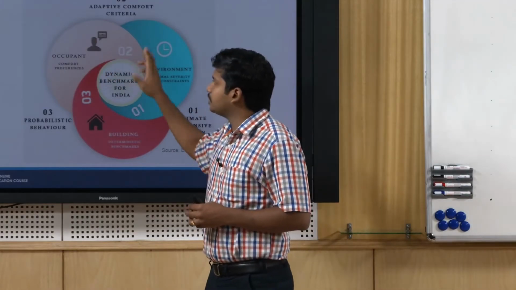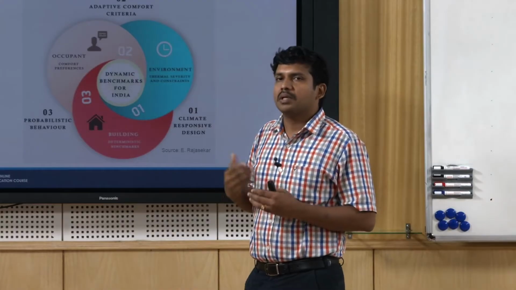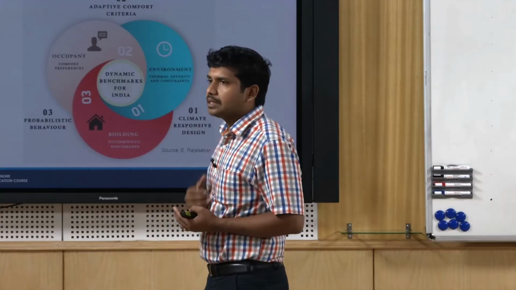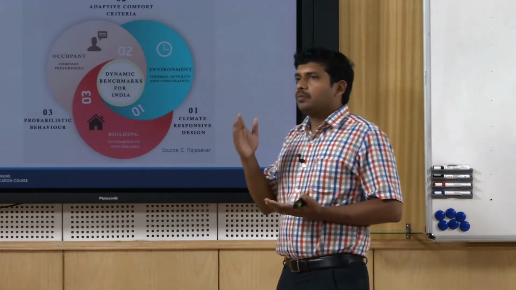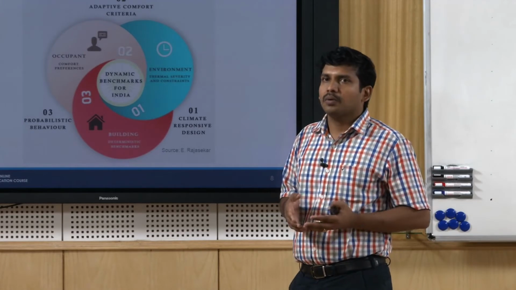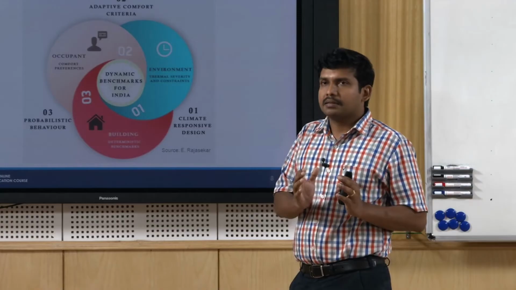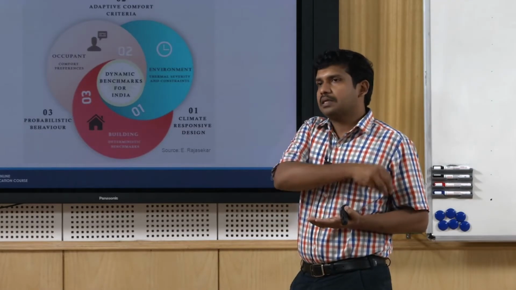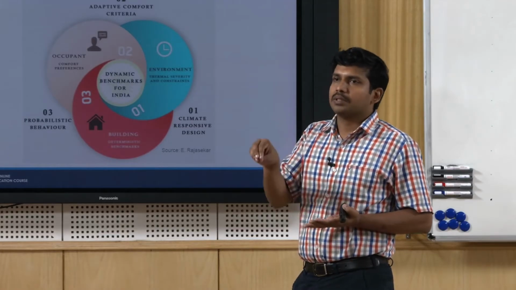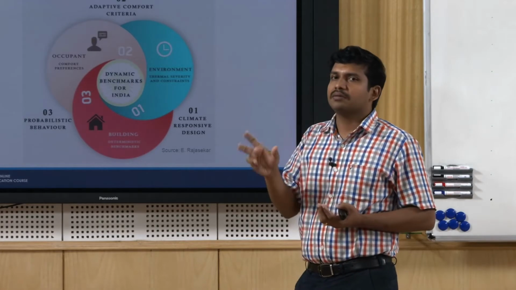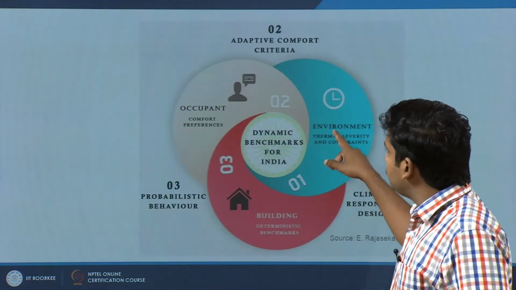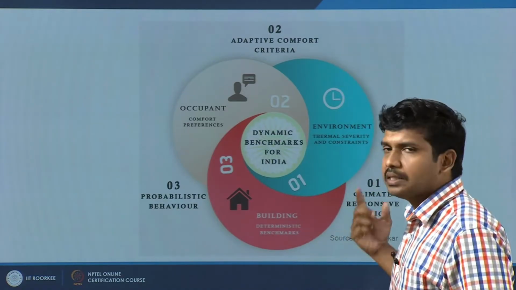Unlike this interaction, which is more probable, and eventually a matured phenomenon where it keeps changing from season to season. It is not like a long term prediction. I cannot say what I would be experiencing next summer compared to this summer. So if I have data that a person X has experienced the past 5 or 6 summers in this way, and his thermal experience was this, I may not be able to say 100% surely that next summer with this given temperature he is going to say comfortable or uncomfortable. Whereas the building versus environment response is more or less cyclic.